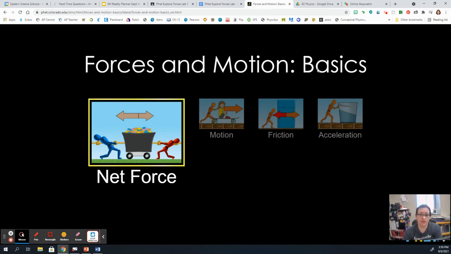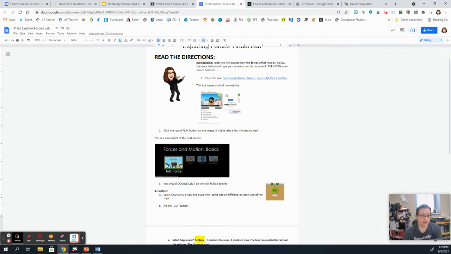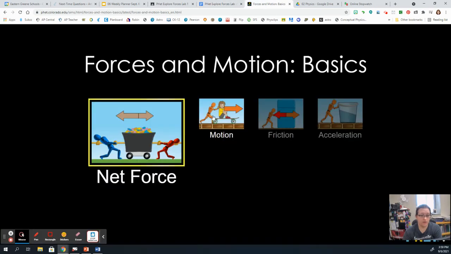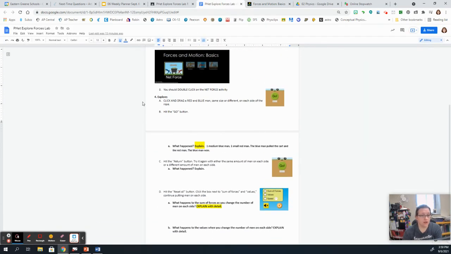The first activity takes you through the basics. So it says, click the round play button, which you just saw me do in the video. And then the screenshot next takes you to this menu screen for net force. There's also motion, friction, and acceleration. So depending on the assignment, you might use more than one of these different parts of force and motion. We're going to start with net force. So you double click on the net